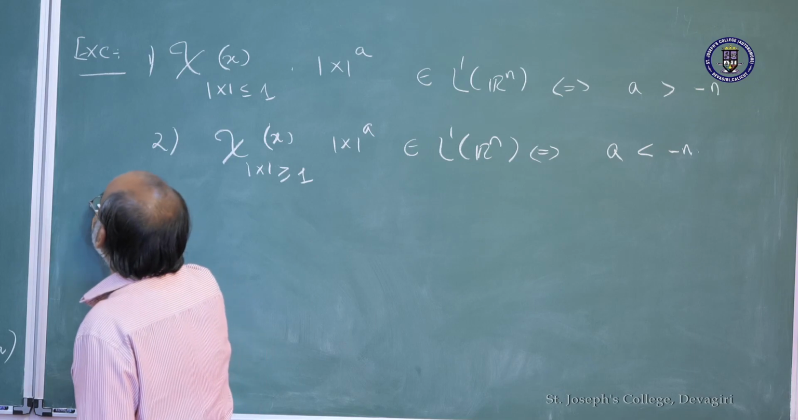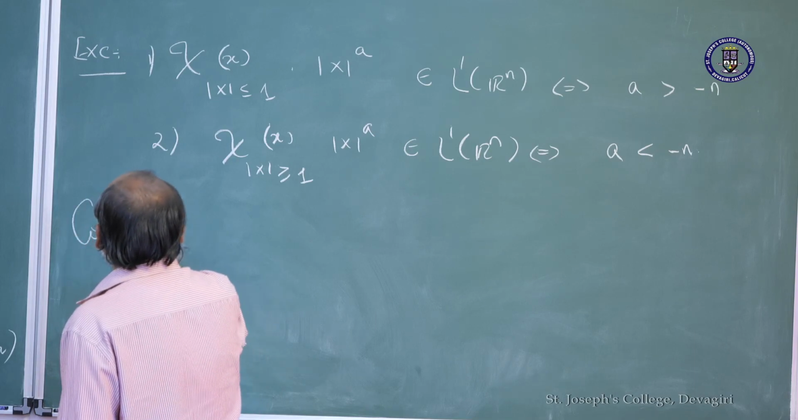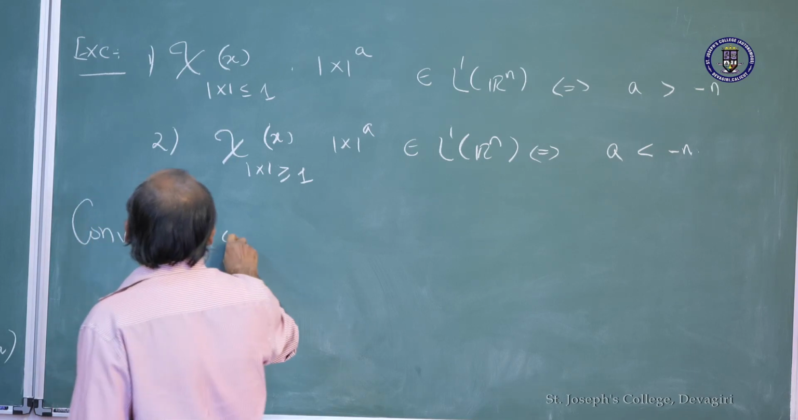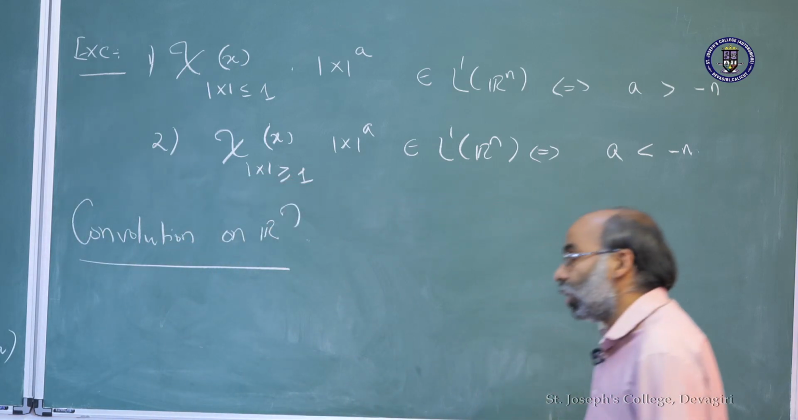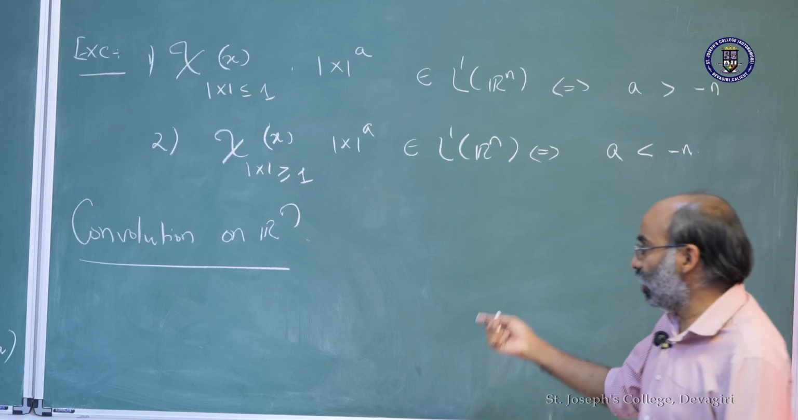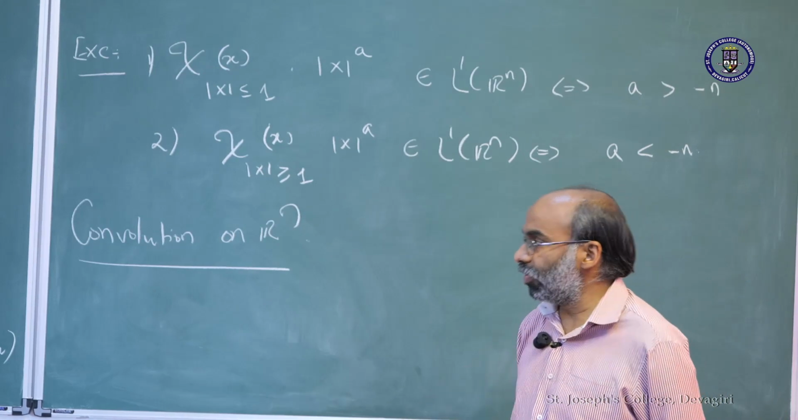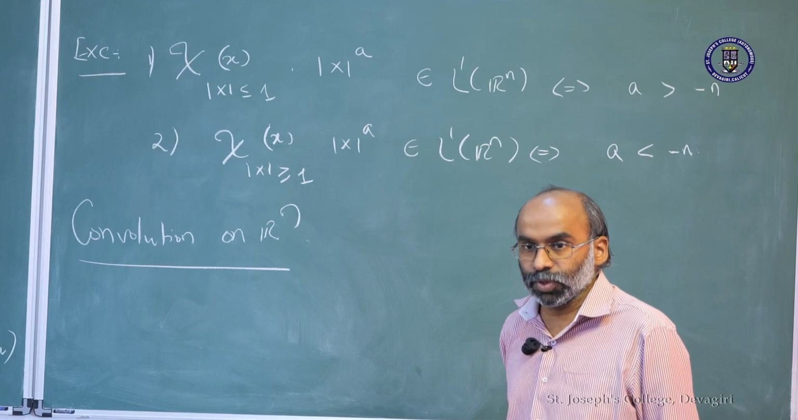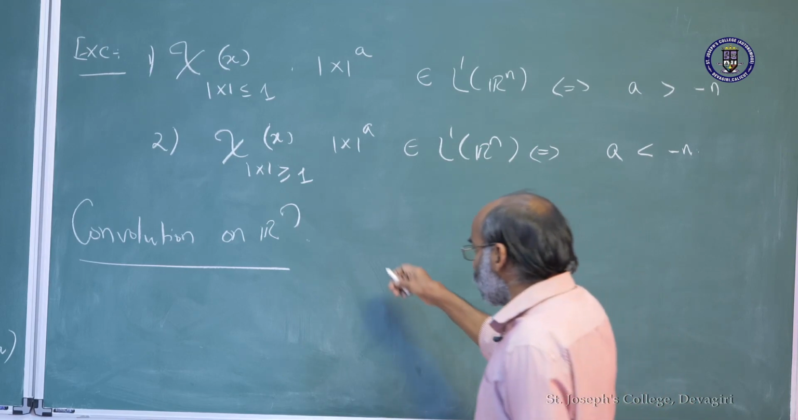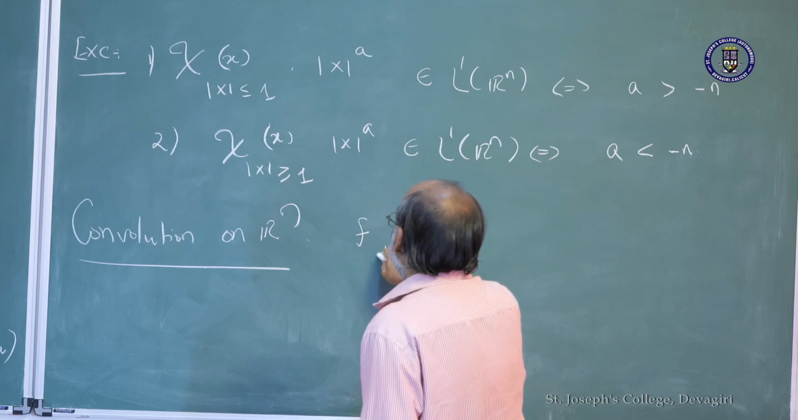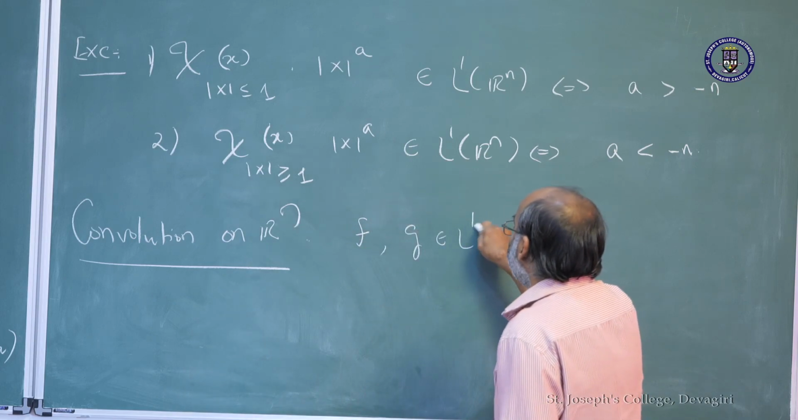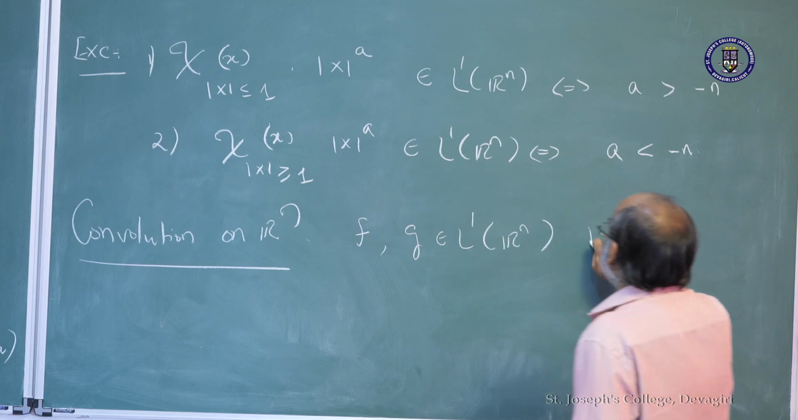Second thing is convolution. Okay, on Rn. So it's not just, well, I'll define convolution, and we also need various properties of the convolution. Okay. So let's start with the easy one. So take f and g both in L1 of Rn. Okay. Define